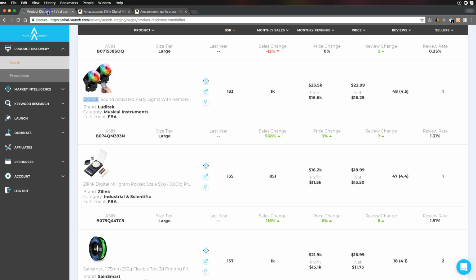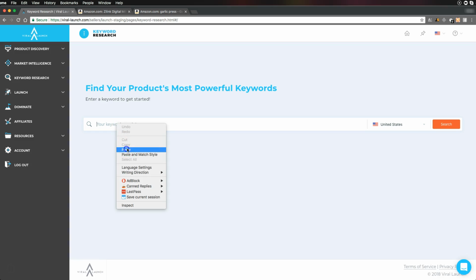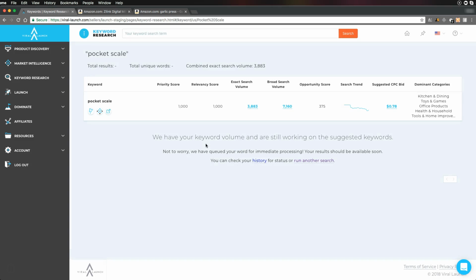But anyhow, let's come over to the third tool that comes in the suite when you sign up for Viral Launch, and that is the keyword research tool, which is hands down one of my favorite tools too. All you got to do is take one of the keywords from the product that we found using market intelligence and product discovery. We analyze that, we know it's a good product, and we just click search. We do some in-depth analysis of the keyword pocket scale on Amazon, and all this exact search volume, broad search volume,